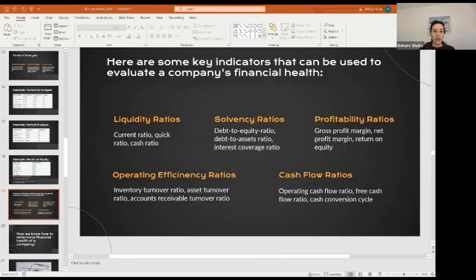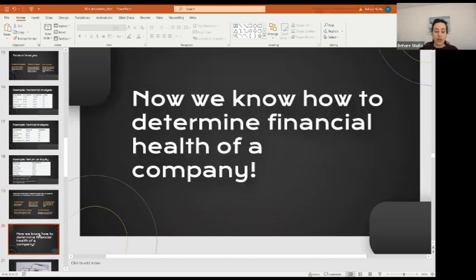Okay, so here we go to the key indicators that can be used in order for us to be able to evaluate the company's financial health. And these are liquidity ratios, solvency ratios, profitability ratios, operating efficiency ratios, and cash flow ratios. I will not go through all of these because there are many, but I think that until now I have mentioned and we have discussed each of them in particular. So based on what we have seen until now, I think that we are able to evaluate the financial health